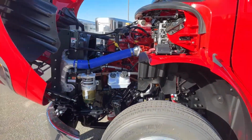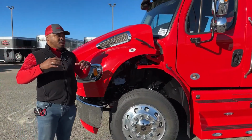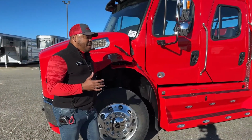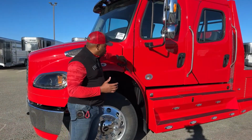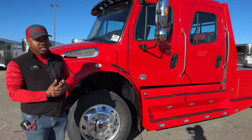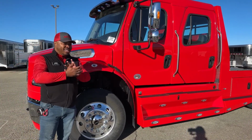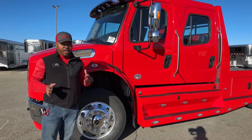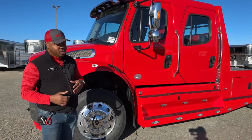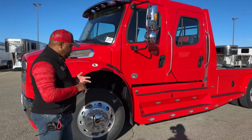But when it comes to maintenance on a unit like this, depending on how much you drive, like you've seen trucks on the market like this, maybe like a 2007 with only 40,000 miles. It's always recommended that you do an oil change on those units that you don't drive a lot, at least once a year. And with a unit you always drive on the road constantly, it's between 10 to 25,000 miles before an oil change. So that's a dramatic difference from owning a pickup. If you're on the road a lot with your pickup, typically you have to do an oil change every 6 to 10,000 miles. So you're saving on oil changes throughout the year,